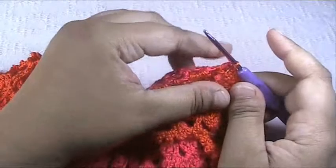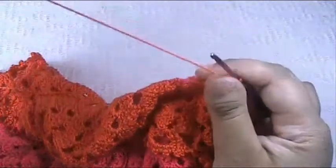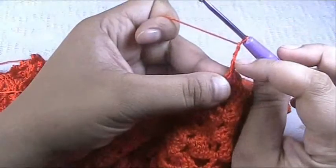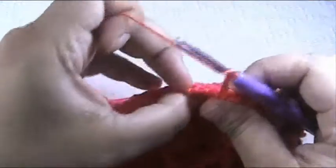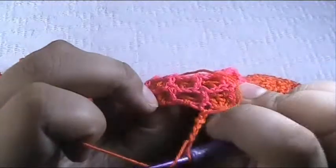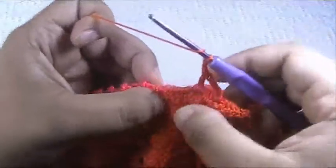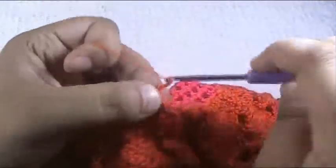and chain 5, 1, 2, 3, 4, 5. Stand as the first double crochet plus 2 chains, yarn over and go to the next double crochet from the previous grid and insert the hook inside it and make a double crochet, chain 2, yarn over and go to the next double crochet, insert the hook and make another double crochet, chain 2, yarn over,